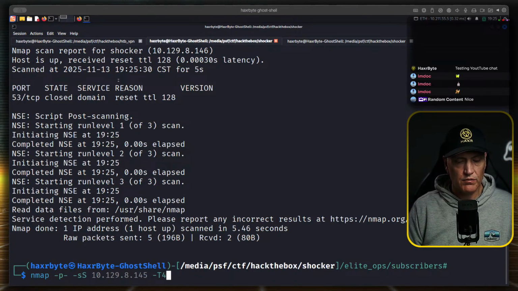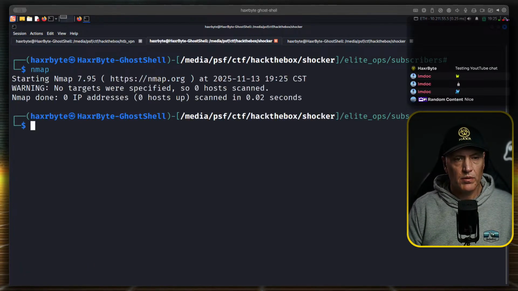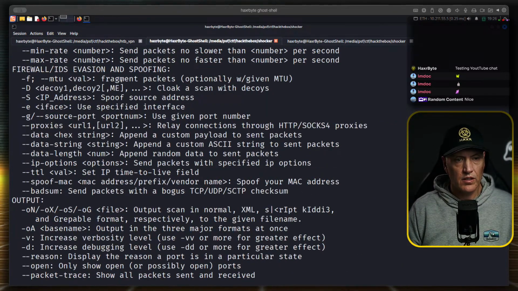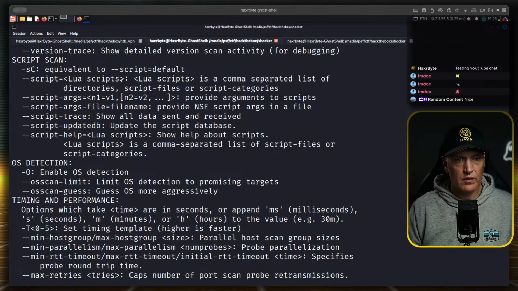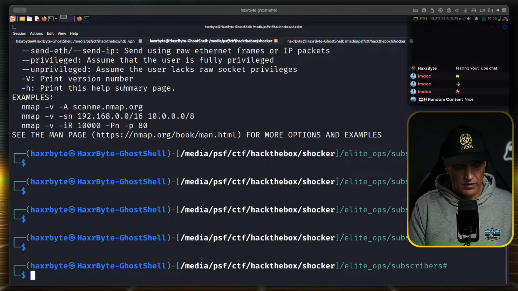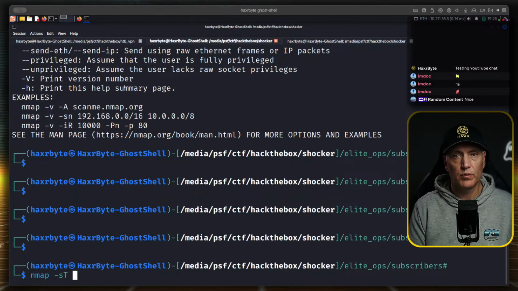What if we scan really slow? Let's scan for the top ports. So Nmap -sT, that's to do a full scan with the TCP three-way handshake.